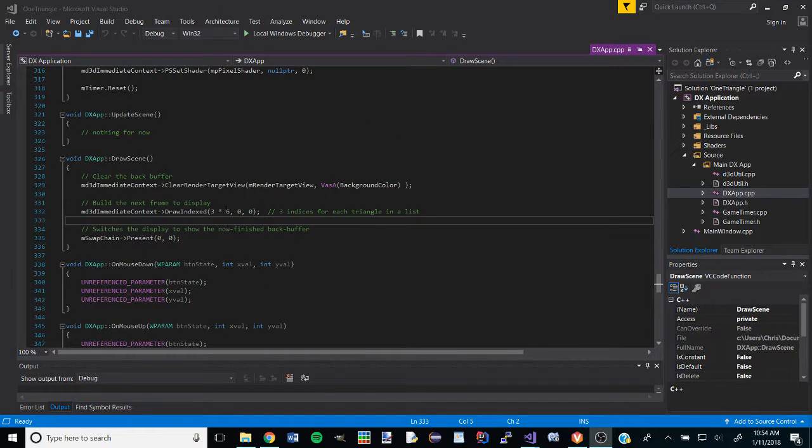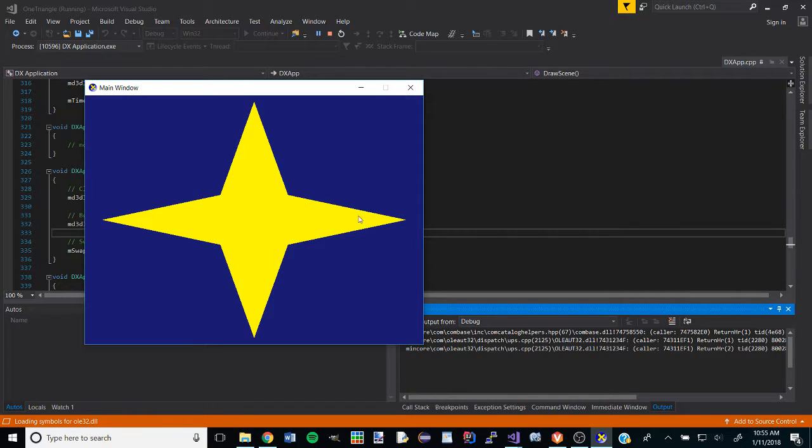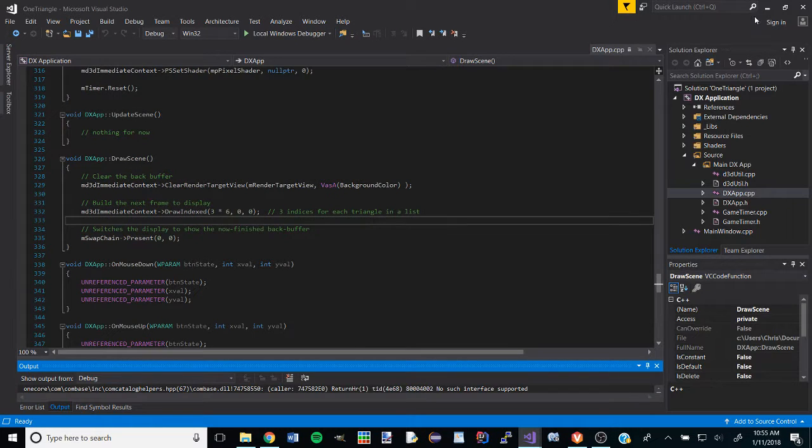And then we set the proper number of indices inside the draw index. So when running this, we will get the star, and then in another project,